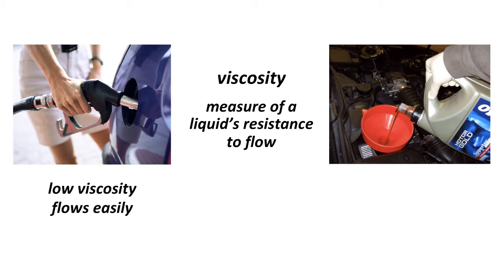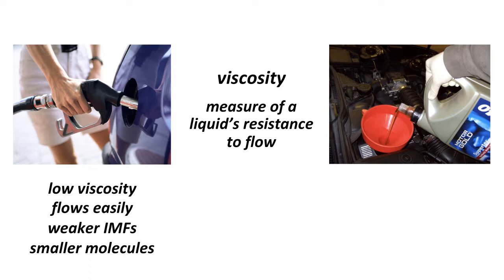The reason gasoline flows easily is that it has weaker intermolecular forces and smaller molecules on average. When the attractions between molecules are not very strong and the molecules are relatively small, they can flow past each